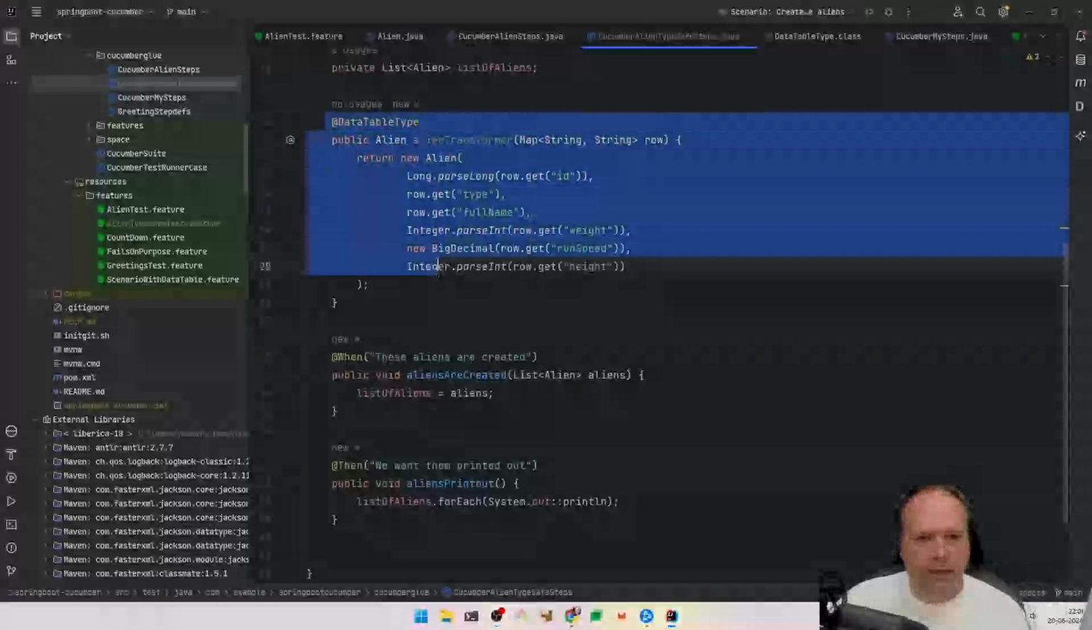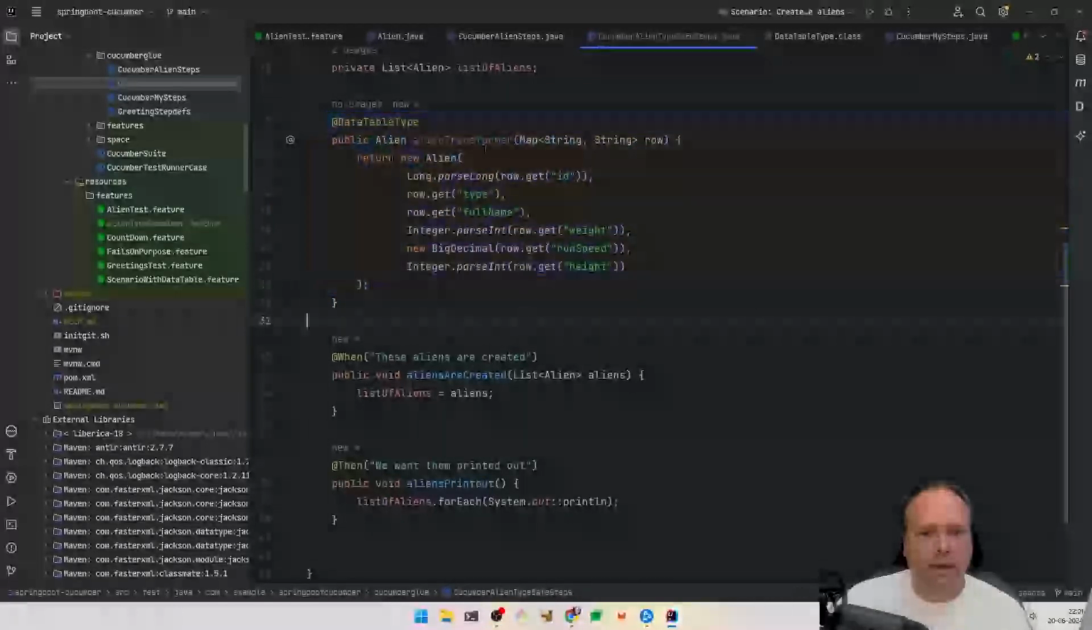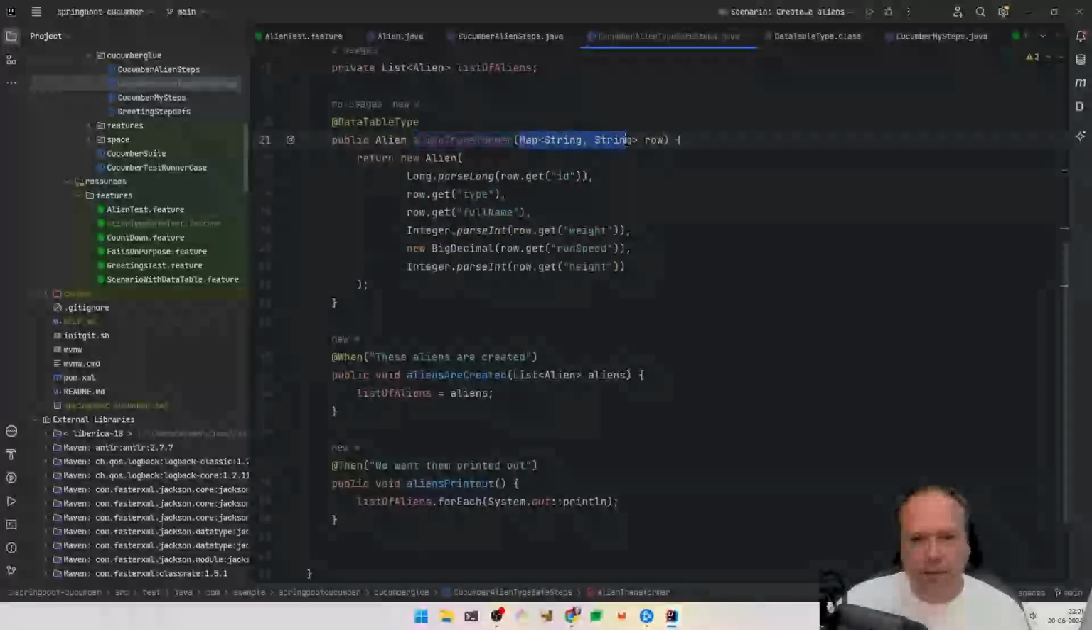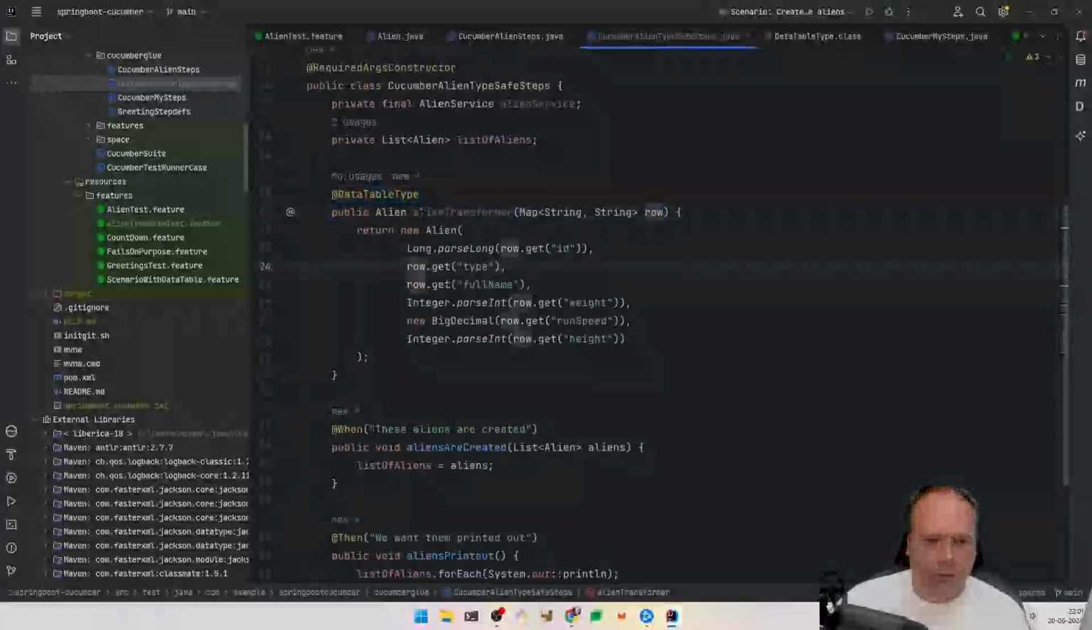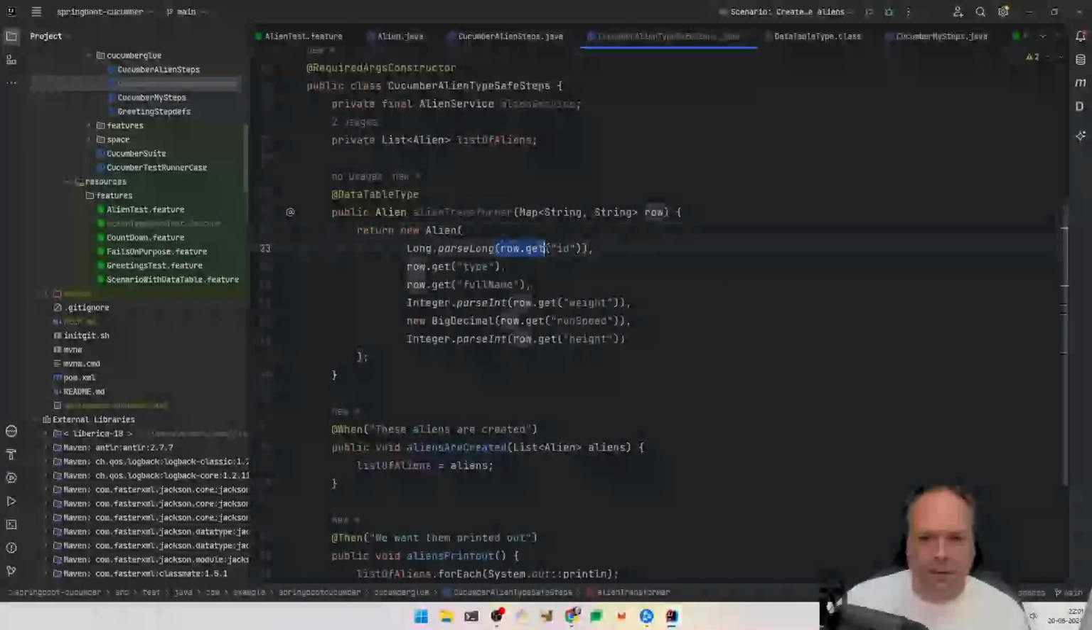So if we create a method like this, alien transformer that returns alien. Of course, you can name it whatever you want to. The input needs to be a map of strings, and I just named this row. And you need to annotate it with add data table type like this. So if you do that, and this method needs to return an alien, then you take each of the, then check whatever this map is containing, like the IDE, and then you can say how it should be used,